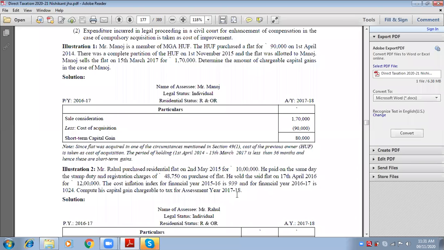हमारा assessment year 2021 है, previous year हमारा 1920 है, ठीक है। तो अब आपको ये ध्यान देना है कि ये short term है कि long term है। आप मुझे बता सकते हैं short term है कि long term है? देखो, ये property कब खरीदी थी? 2018 में। कब बेची? 2019 में। ये जो flat है ये कौन सा है? Financial asset में आता है कि non financial assets में आता है? Come on. Financial asset होता है ये flat?